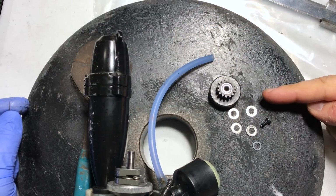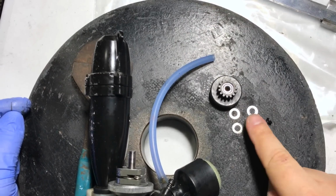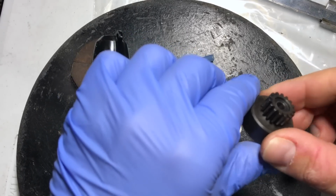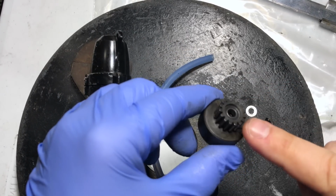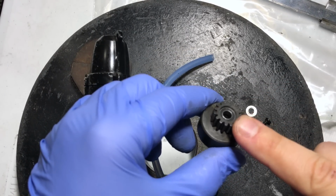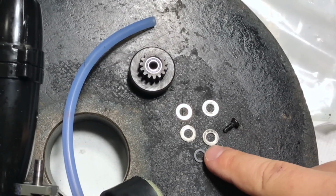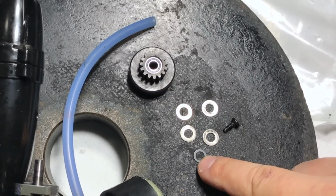As I expected, I've got another clutch discovery. There were 4 washers in here, guys. 4 of them. So there's a little bit of a space here on top of the clutch bell, right? So yeah, you gotta use some washers, but I don't think you need 4. 4 is a lot. I'm gonna try to replace 2 of these with one of these Teflon ones